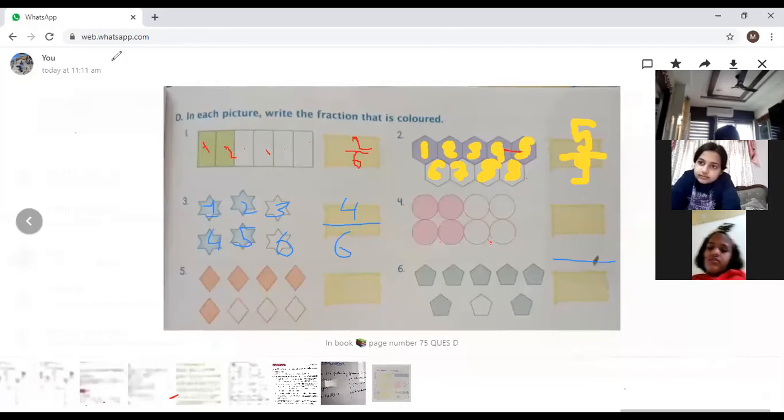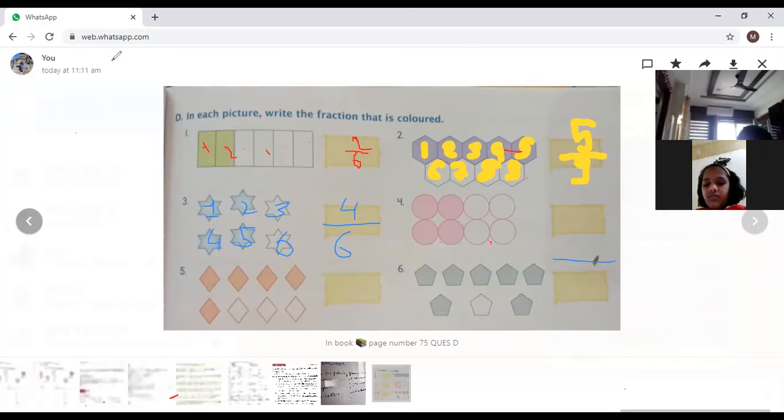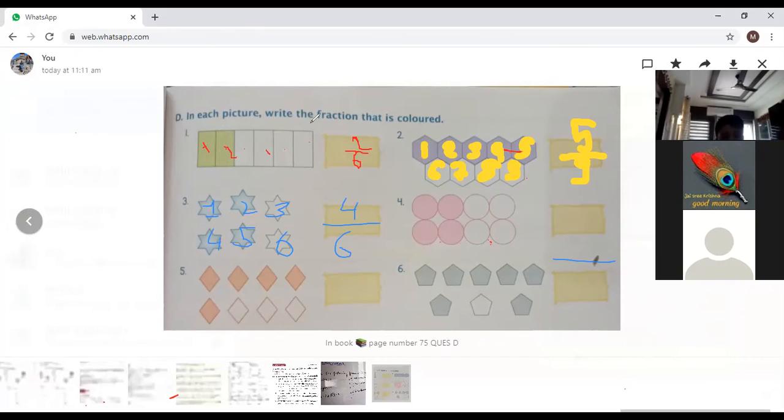Okay, Vedant, do the fourth one. And there are 8 boxes. Count them like Pratyusha and Bhavishya both have done. Do it in the same way. Ma'am, there is some problem. Can I join it again? Yeah, sure. Do it, Vedant. Are you able to do? Are you able to draw? Vedant?